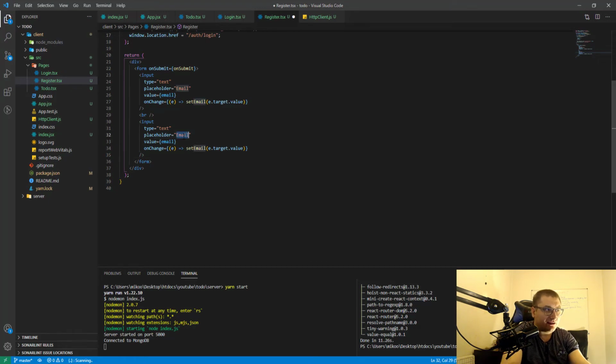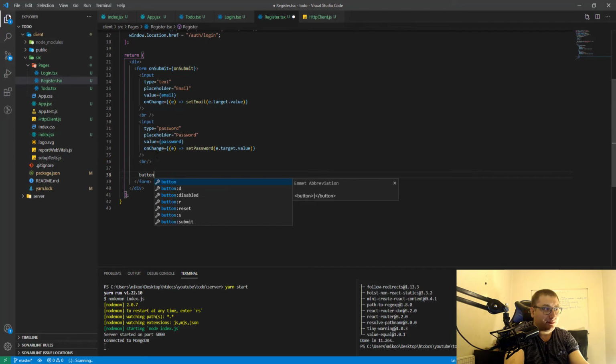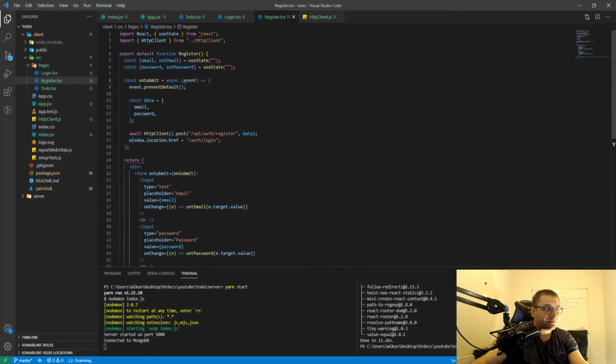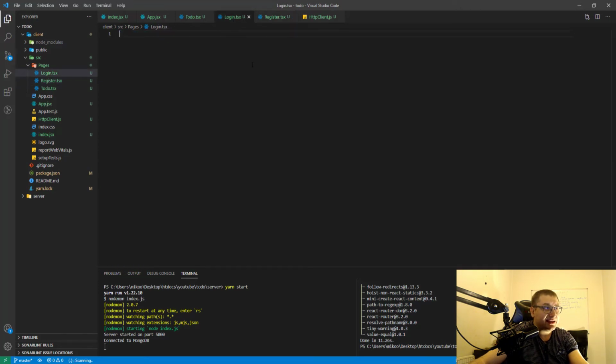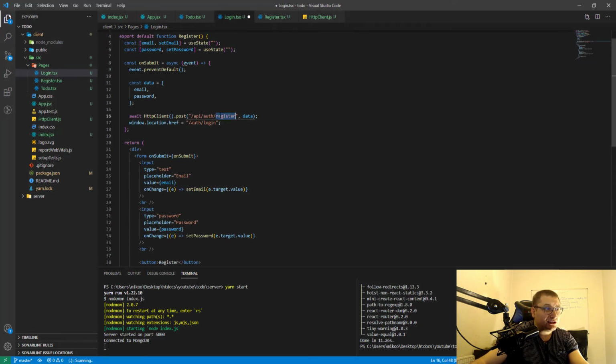And here we will have password, and here we will have password, sorry, and we will have password here, and set password, and we will need another BR, and we will have a button that will say register. So basically copy this, paste it in login, and what we need to change is the route here to login,